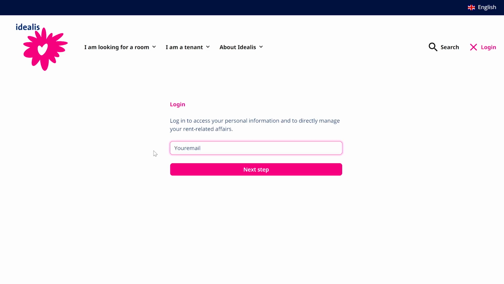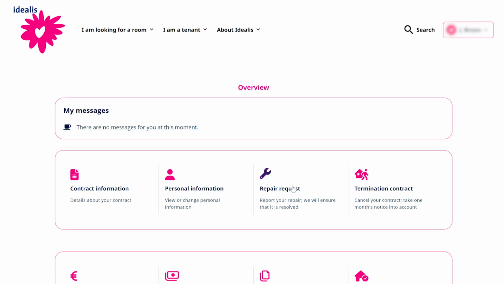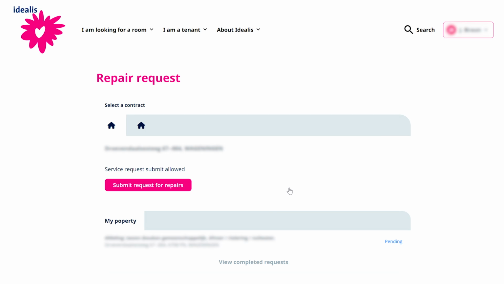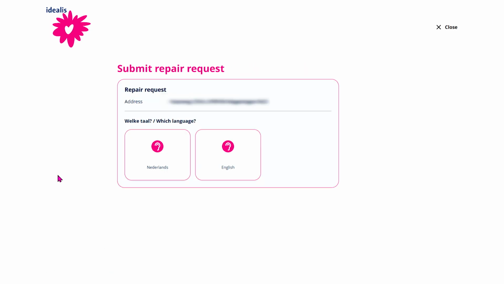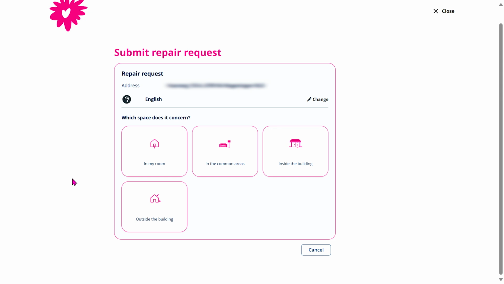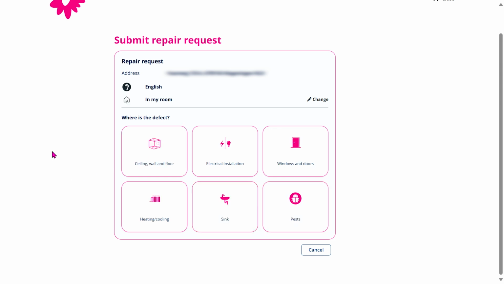Step 1. Log in with your account. Step 2. Go to Repair Request and click on Submit Repair Request. Step 3. Click on New Repair Request and choose your language. Step 4. Choose the environment to which the repair request applies and select the specific room where the problem is